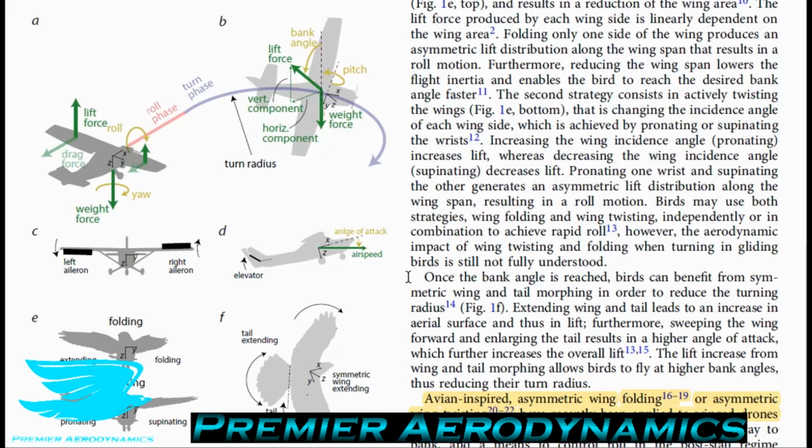Furthermore, reducing the wingspan lowers the flight inertia and enables the bird to reach the desired bank angle faster. So let's briefly talk about this. So the inertia is referring to how much, first of all, how much mass there is, but also where that mass is distributed around the bird or any object. The further the mass is away from the center, the point at which it rotates about, the harder it is